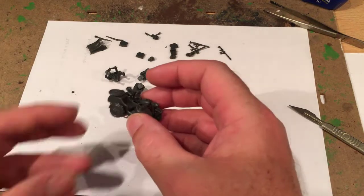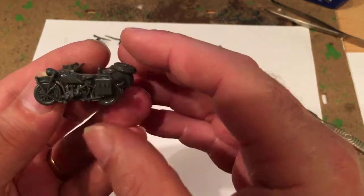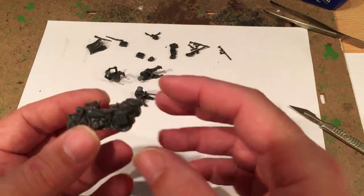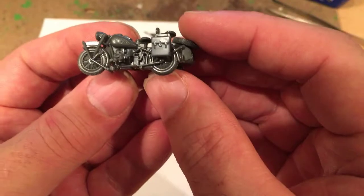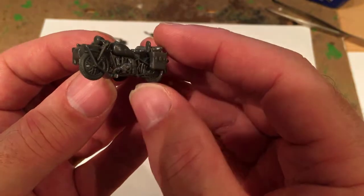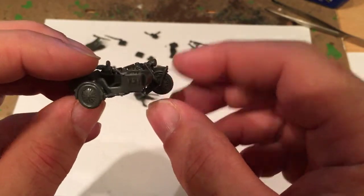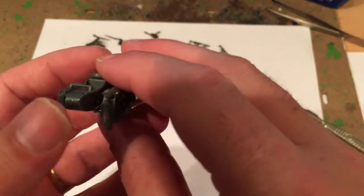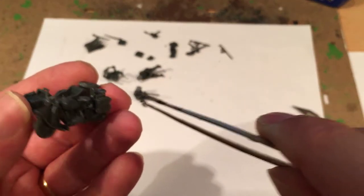Right, I've built the motorcycle and sidecar, and here it is. It's been setting for a couple of hours. I've left the riders off deliberately, so I'm going to paint them separately and then add them in due course. I have to say, it is one of the fiddliest models I've ever made. The bits are tiny, and trying to fit them in position when you're 6'3", 18 stone and I've got big hands is quite problematic. I even struggled to hold the tiny bits with the tweezers, and several times they disappeared